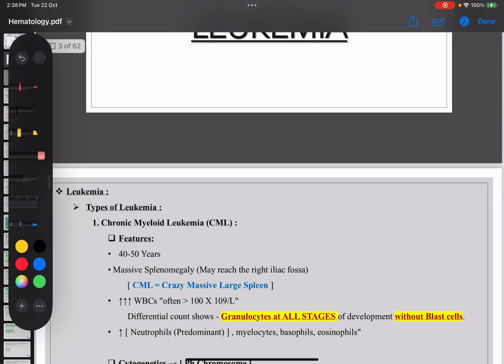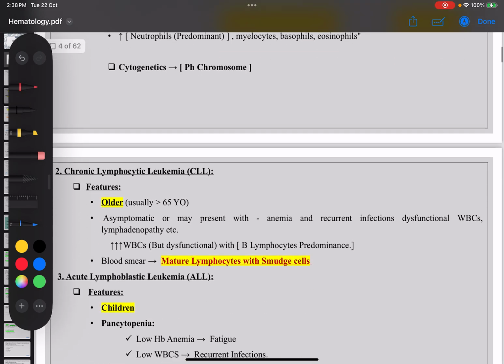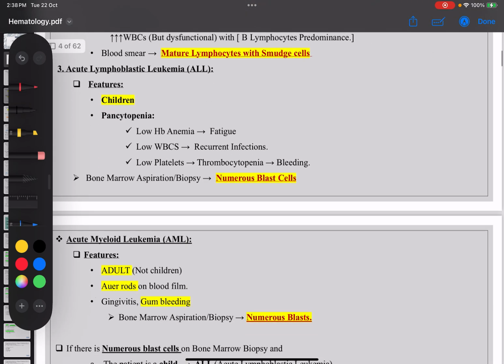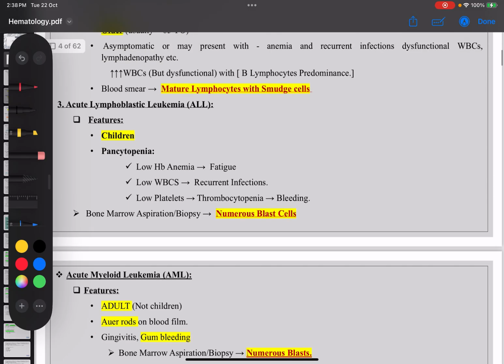So we have two types of leukemia: acute leukemia and chronic leukemia. Let's just get into the acute leukemia. Acute leukemia has two subdivisions, that is acute lymphoblastic leukemia and acute myeloid leukemia. In acute lymphoblastic leukemia, there is a word called blastic. What does it mean? Blastic means immature. So whenever you get blast,